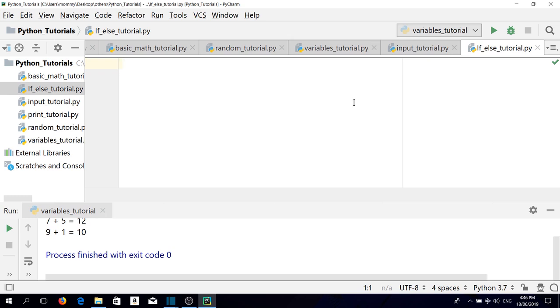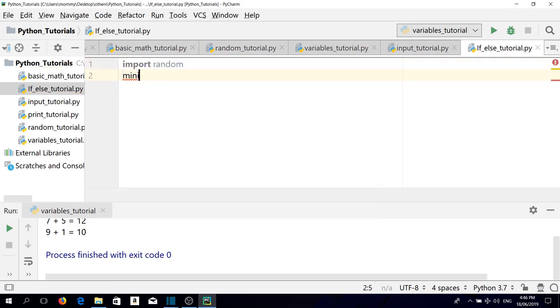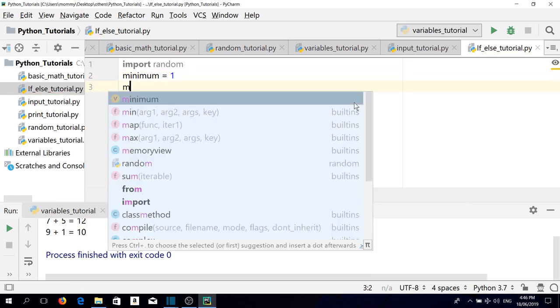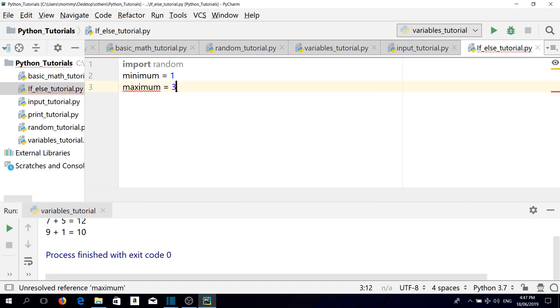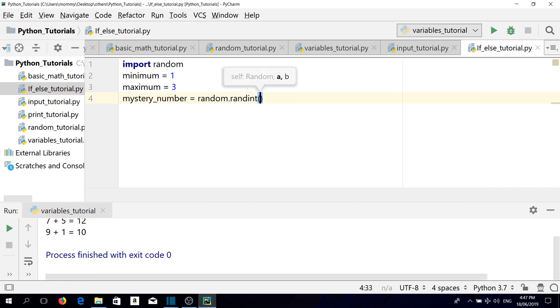Let's make a game. A guessing game. So let's import random. Let's make a minimum equals 1. Then let's make a maximum equals 3. Then the mystery number equals random parentheses minimum, space, maximum. Then let's print